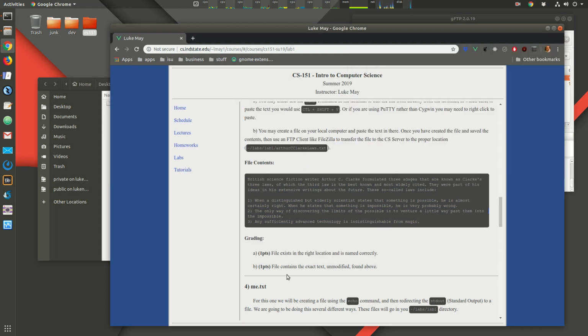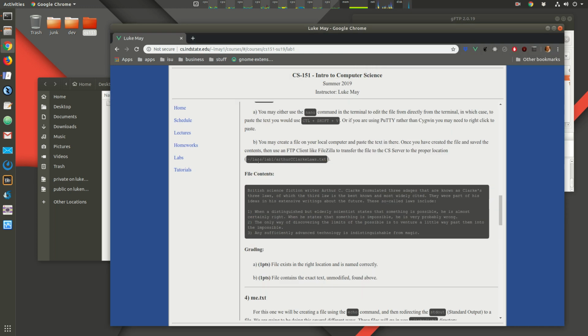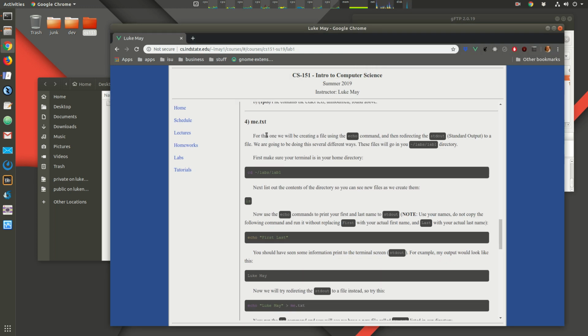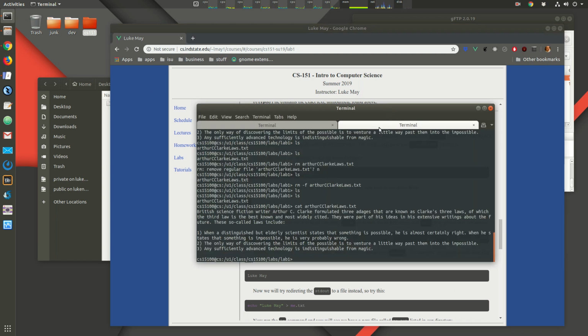So that concludes section 3. Now section 4 is the one where it starts to get a little bit interesting. For this one, we're going to be using the echo command to create some different files. Okay, so let's just look at the echo command by itself right now. If I type echo,